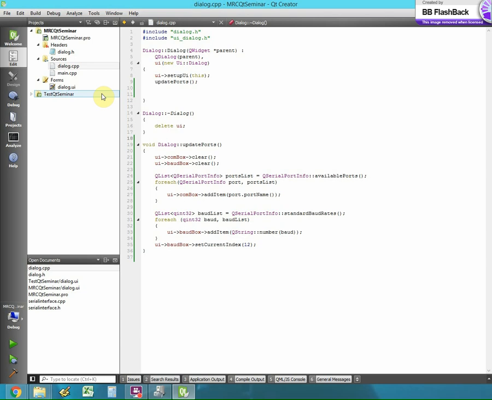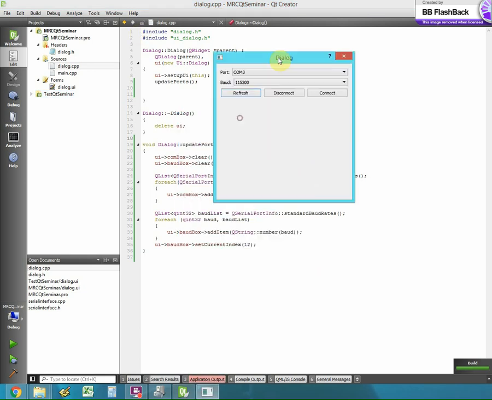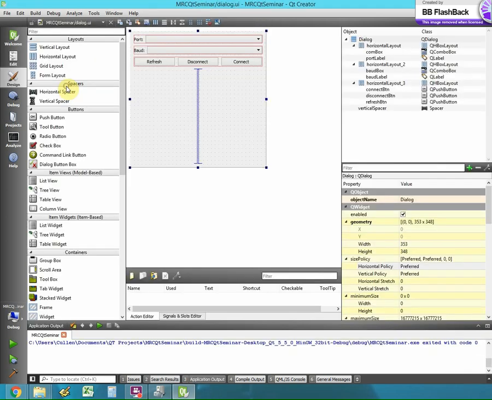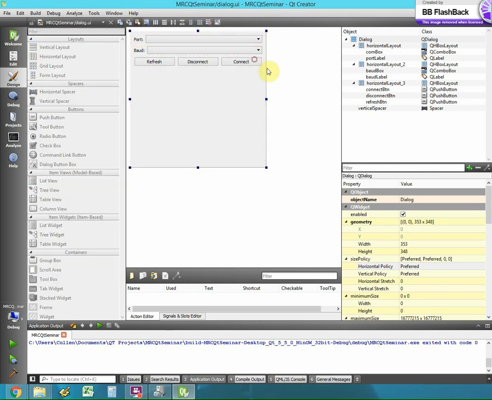So notice also, this is kind of annoying. I don't want refresh to be the default thing that is selected when I run my program. And you can change that quite easily by going to your widget or your layout here, and you select edit buddies. Oh no, wait, it's edit tab order, yeah. So you say this is the first one I want to select, and then